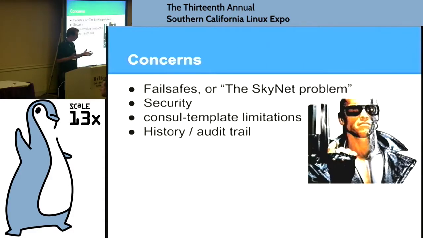So I gave this talk at OpenX to prepare for this, and got the great feedback that, hey, it sounds like the best thing since sliced bread, but you didn't talk about any of the potential pitfalls or problems. So I made sure to add this. There definitely are some things we're working out and that do concern me. Anthony Molinaro at OpenX calls this the Skynet problem, and I think that's a good way to look at it. When you get too smart, well, okay, the Consul cluster is not going to send a cyborg to murder us,